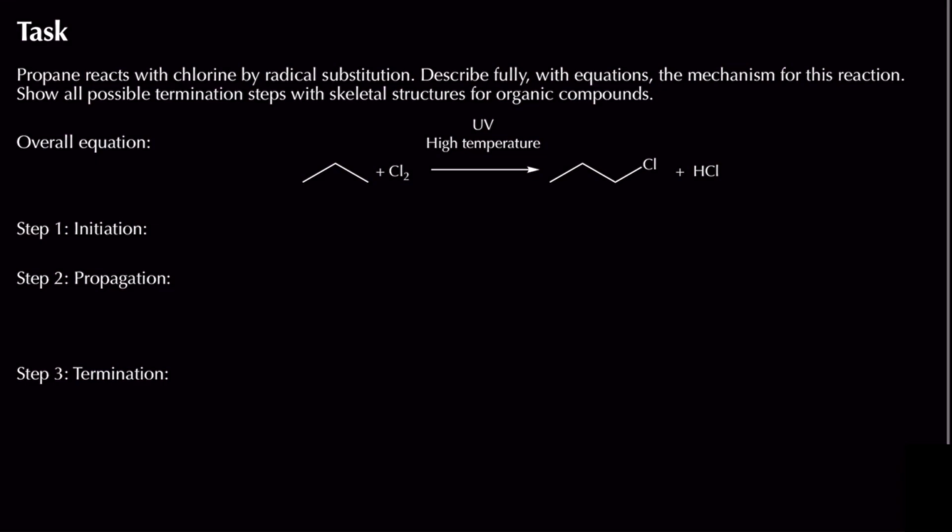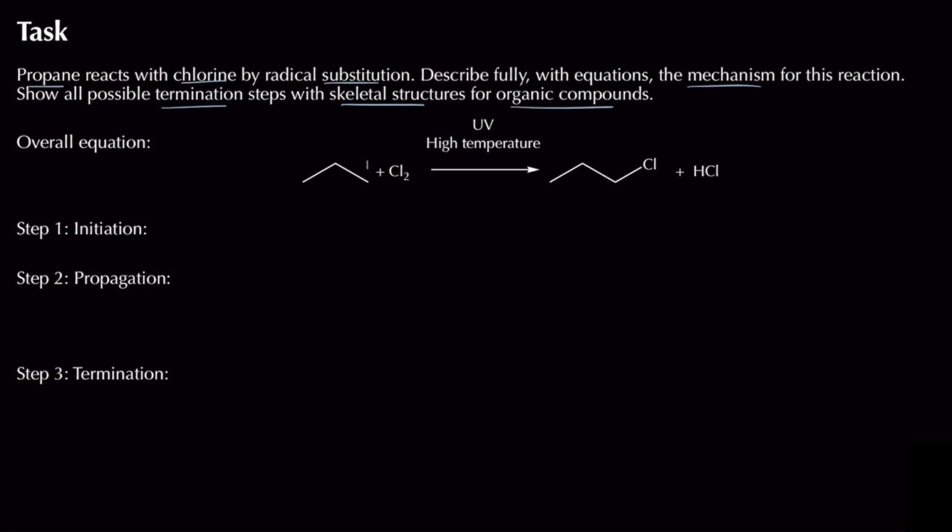So yeah, we're told over here that propane is going to react with chlorine by radical substitution, and we're asked to describe fully with equations the mechanism for this actual reaction, showing all possible termination steps with skeletal structures for organic compounds. Now the overall equation is given to us over here, and we've got UV high temperatures conditions, and